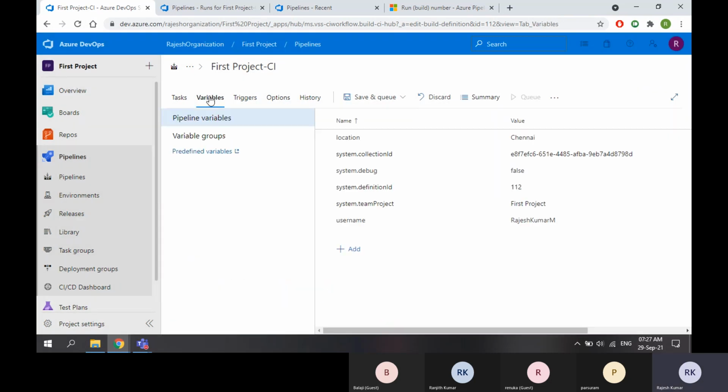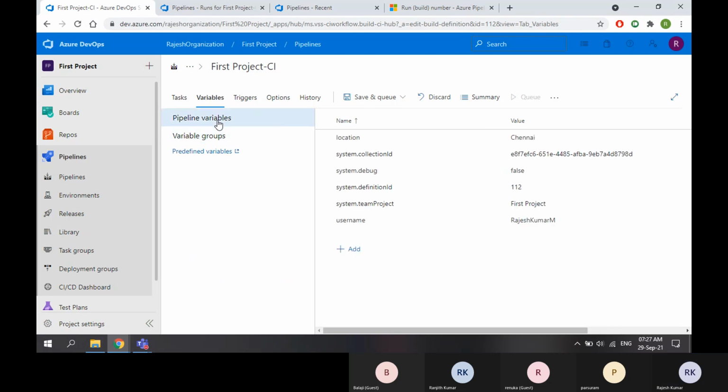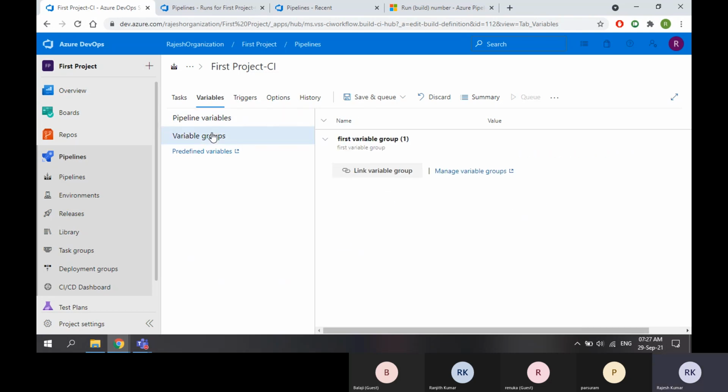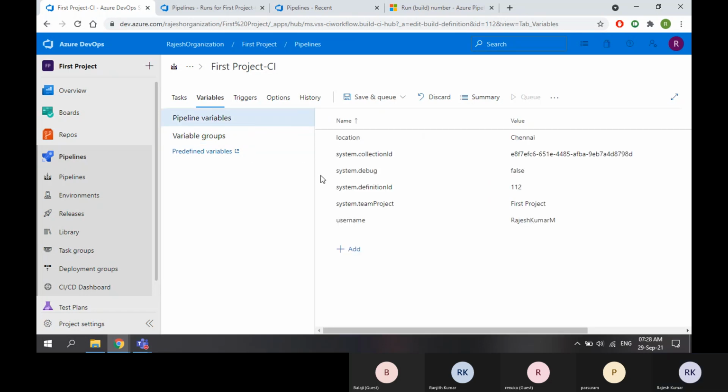Just a second. Still I have something. Okay, so the key vault which I linked yesterday, I have deleted that. So what I will do, I will unlink this variable group and I will create the password here itself.